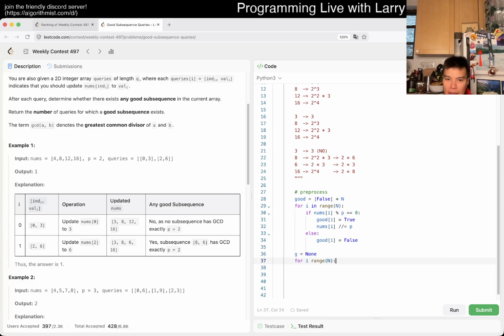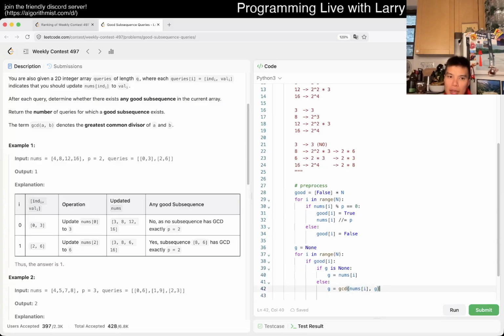Am I missing a? Oh, I forgot in. Okay, I mean it was legit. Okay, so if good sub i, then if G is none, then G is equal to num sub i. Else, then G is equal to GCD num sub i, G, right? Okay, I mean this is fine,